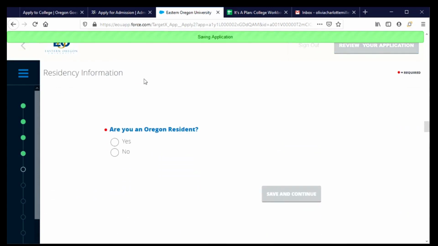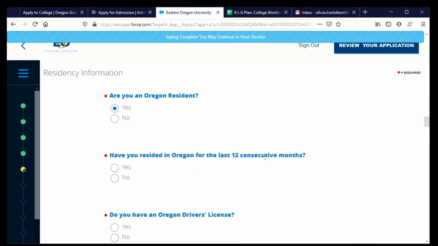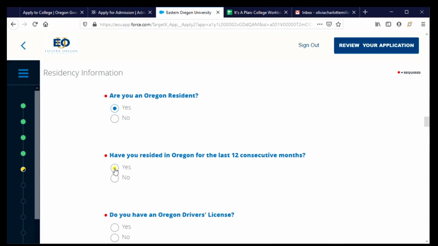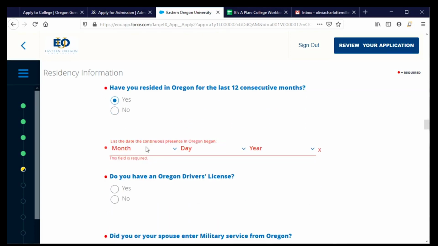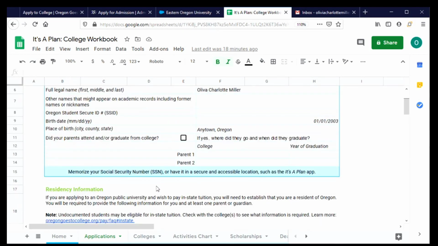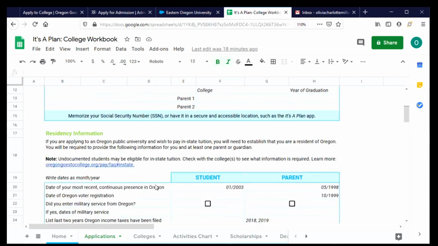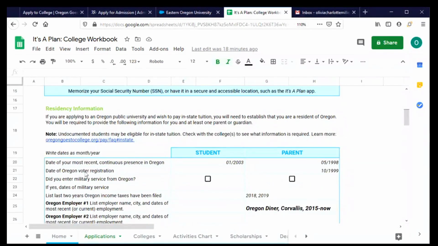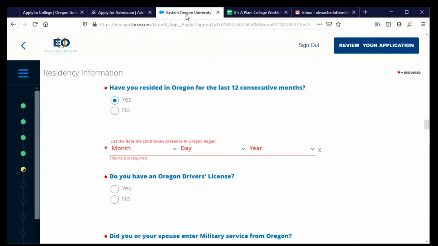Now I'm on to residency information. I am an Oregon resident, and I have been in Oregon for the last 12 consecutive months. And this is one of those questions, what is the continuous presence in Oregon? And that means, how long have you lived here? And if I don't know the answer to that, I've got it written in my workbook or in my app, and I'm going to go down to residency information, and I've already talked to my parents about what's my most recent continuous presence. Now, I was born in Oregon, so I've been here since January of 2003. So I can go back and fill that in